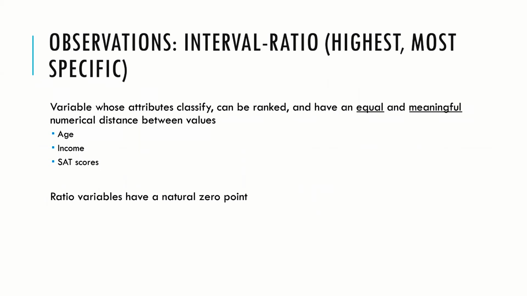SAT scores, age, each step is 1 year or one point. Those are specifically interval variables, and ratio level variables are interval variables that have an associated natural 0 point. So in most cases, we just assume that interval variables have an associated 0 point. I'm going to assume that we've heard some of this before, and I'm not trying to trick anybody in saying, hey, is this an interval variable or a ratio variable? We'll treat them as IR variables and we'll move on.